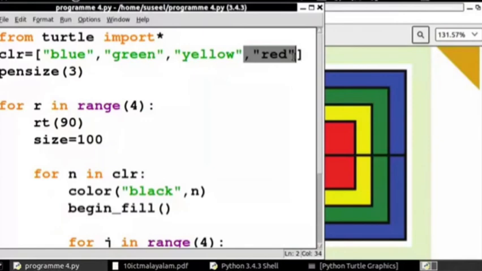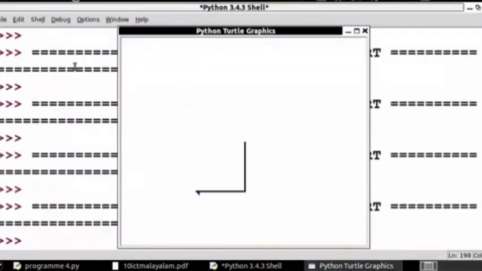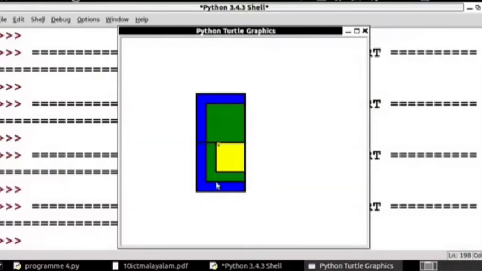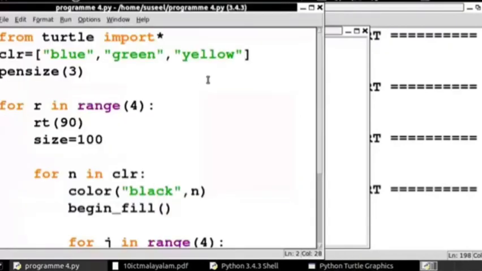Okay, just we made some modification in the program. Here I changed the color red. Then observe the picture. Observe the pattern. We get only 3 squares because we mentioned only 3 colors.